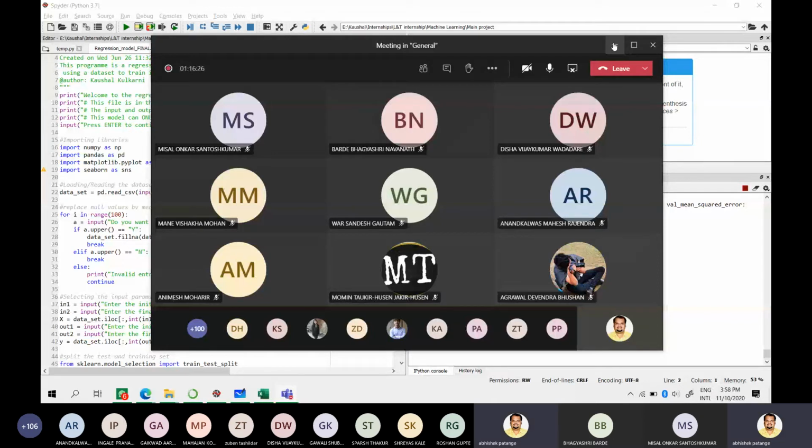Yes, sir. So K-fold cross validation, as sir said, is a very important tool. What that does, if I'm not wrong, sir will correct me, is give you a matrix representation. I didn't use it here, sir, because it is used in classification. In regression, it is difficult to use.